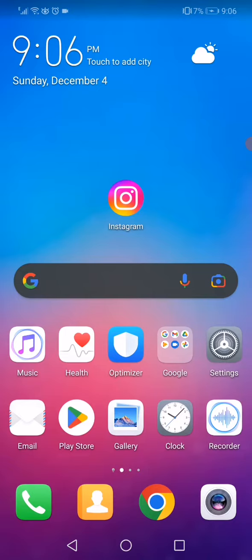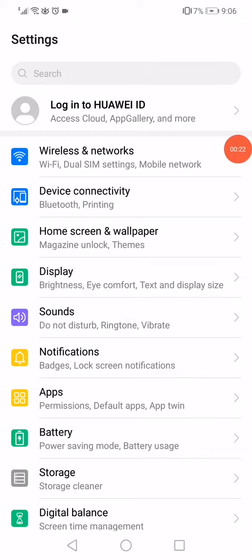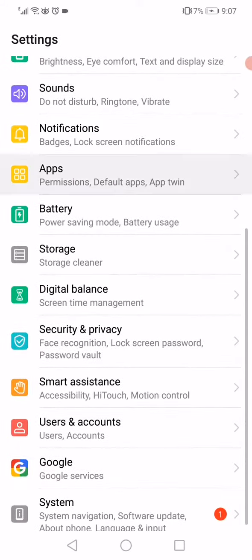All you have to do is just go to the settings and then go to the wireless and networks option on your phone. This is working for iPhone and also for Android. So just enable the airplane mode from here and disable it again after 1 minute, and then go back and go to the apps